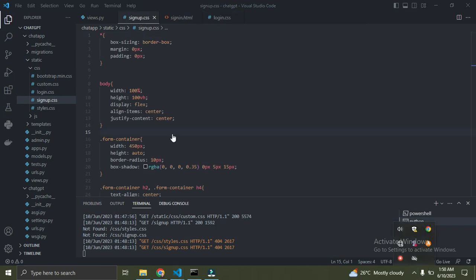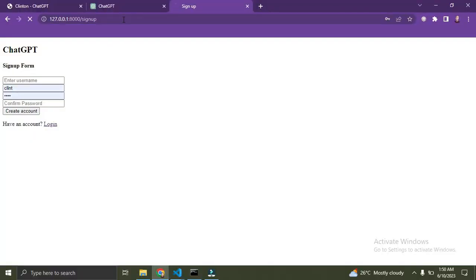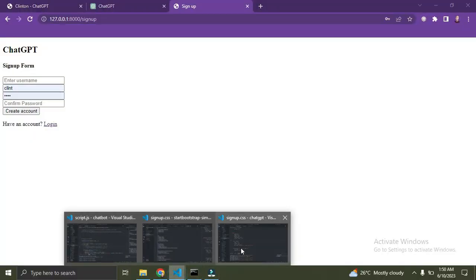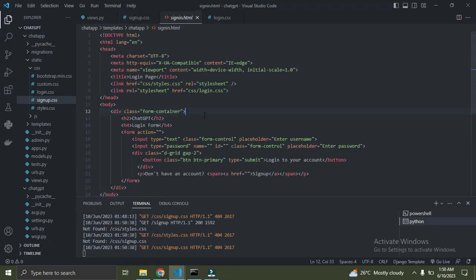So right now I've copied in the files. Now let's see how it looks. Refresh the sign up page. Oh, sorry, I forgot to link it the proper way. Go down to your sign.html, to your sign-in page. You need to link it the way we did before. Put in the parentheses there, and then